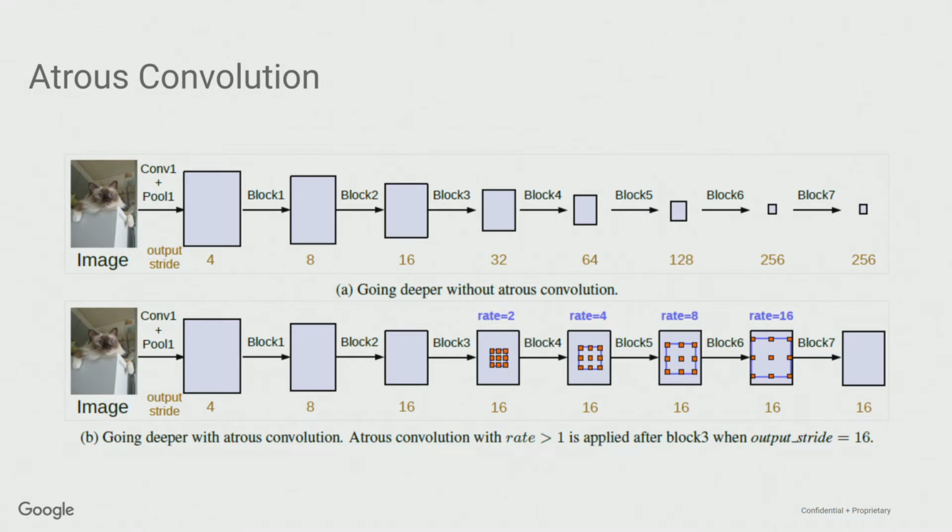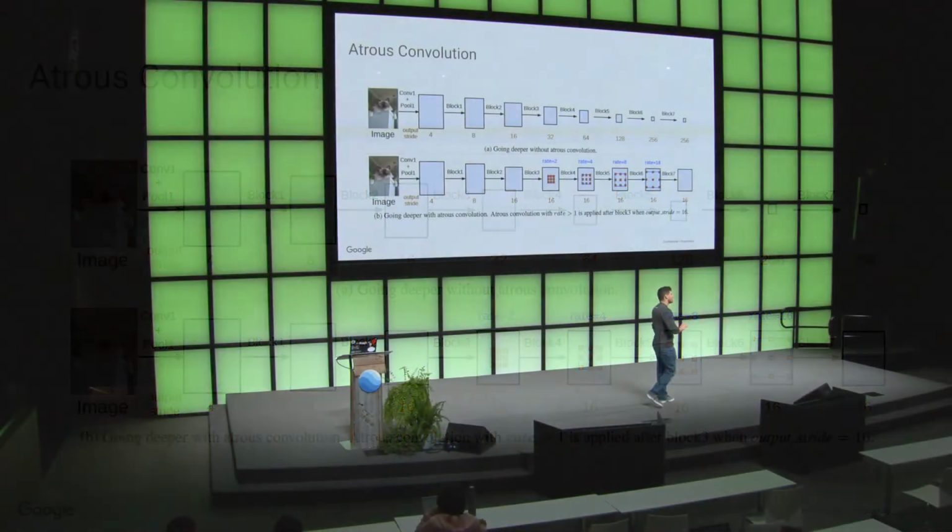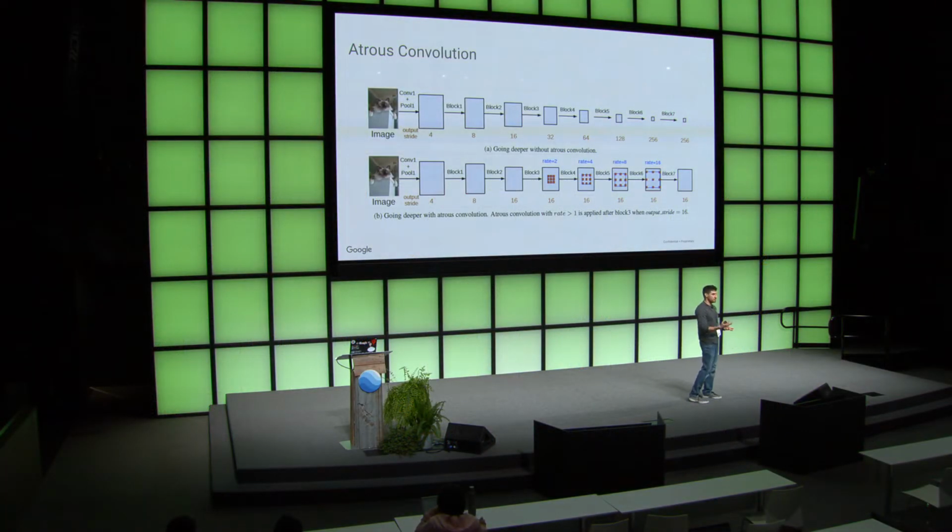So this diagram shows at the top a standard convolutional hierarchy with pooling. We're reducing the channel dimensionality by 2 at every step. The bottom piece of this diagram shows the same thing, but with Atrous convolutions. And you'll notice that the input size of that feature map, that final output layer, isn't actually a 256th of the input. It's only a 16th. So the question might be, why don't we do this with exclusively Atrous convolutions?